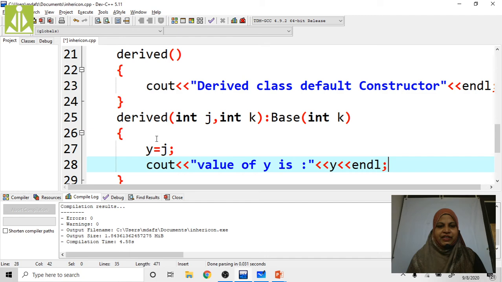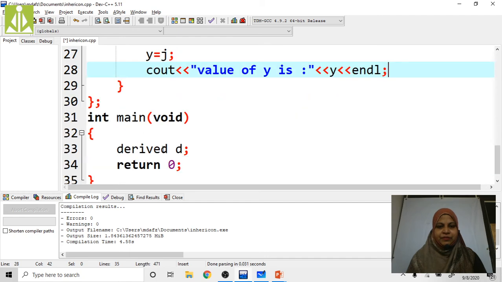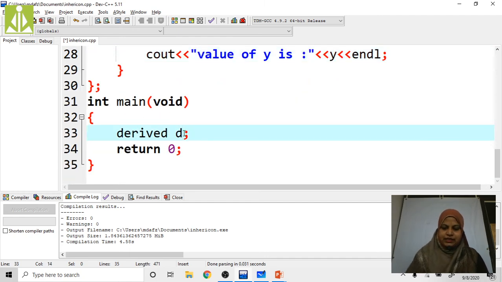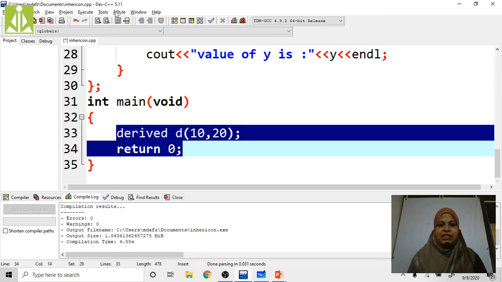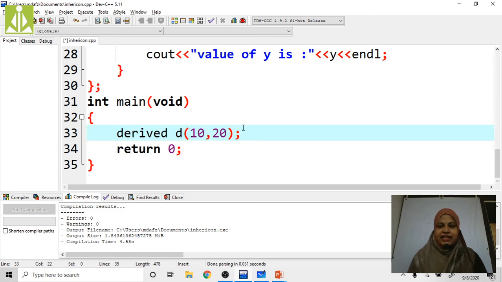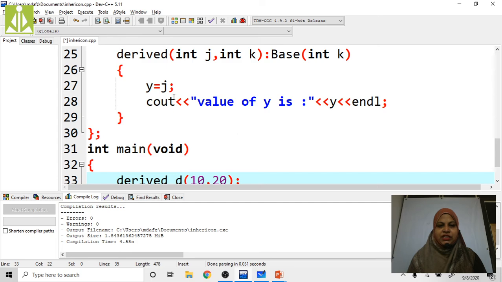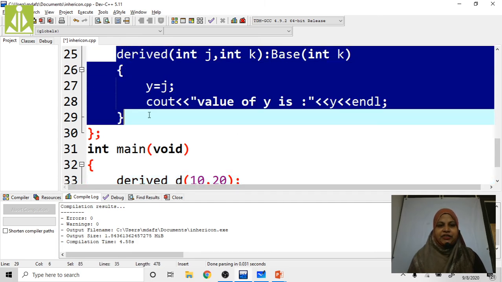Directly control is whenever we are going to here, see here 10 comma 20, I am going to pass two values 10 comma 20. Whenever the compiler is going to derive d(10, 20), directly control is going to transfer here. Value of j is 10, value of k is 20.